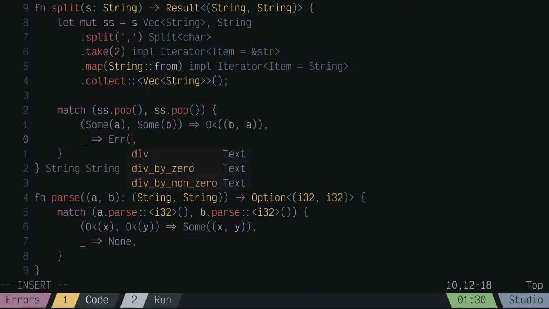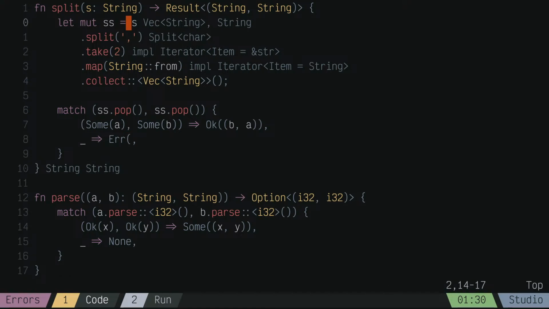Error of, okay. So unlike option, which took only one type, the type that will be inside the option, and if there wasn't anything, it was a lack of information, and in that case the option would be a none, like an empty box. But result takes two types. One is the type that is okay. The other is the error type. So either it could be okay of something, or it could be some error type, right? So